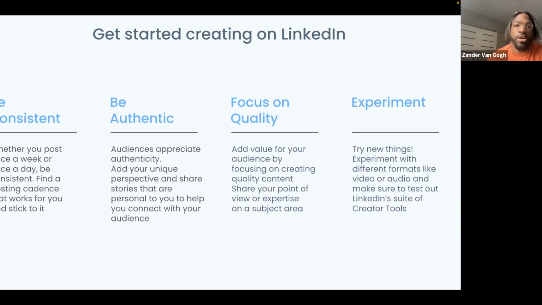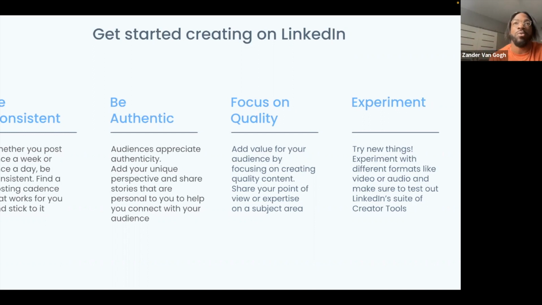I tell a lot of the creators that I manage the 70-30 rule. 70% of the content that we're going to put out is going to be our bread and butter, what we do really well. But 30%, we want to continue to try new things, because the one thing we all know about social media is that it never stays the same. 2-3 years ago, we didn't have TikTok. 5 years before that, people weren't posting content on LinkedIn. So to be an expert in social media means that you really have to experiment day-to-day, because things can change at a moment's notice.